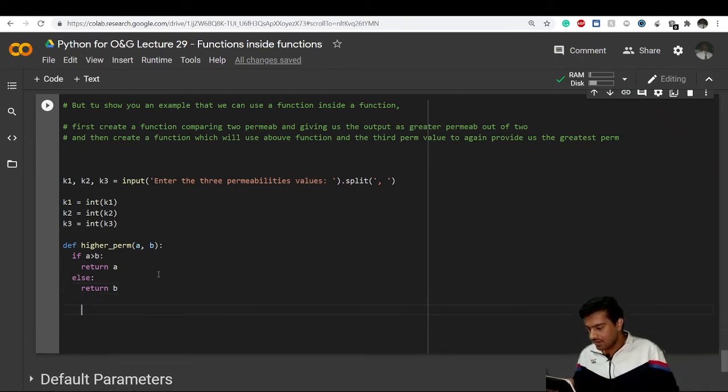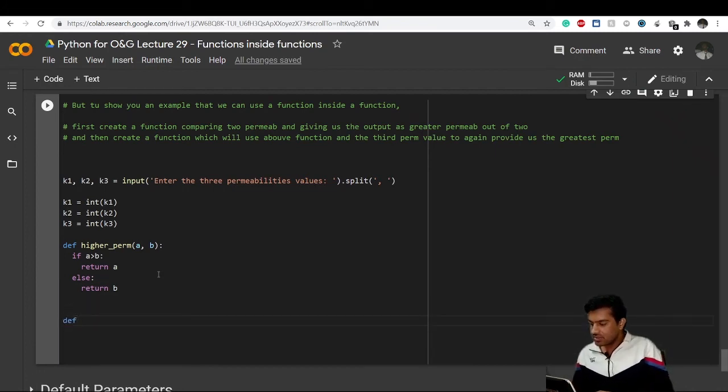Now let's create another function. Let's say that function's name is maximum permeability, max perm. This again takes three parameters. Those will be, let's say, x, y and z.